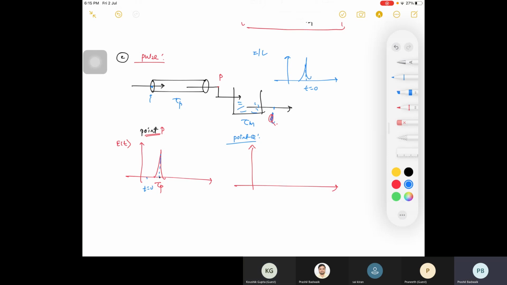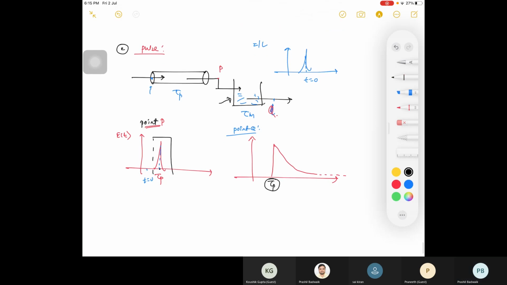Not after tau M. Exactly, this profile is going inside, right? This profile is entering your CSTR. That is what I'm writing: directly you are giving impulse input to your CSTR, right? Impulse injection. So at time tau P only you will get this profile, the exponential decay, at time tau P. So this is your ET curve, or I'm writing ET final, ETF, and this is your actual ET curve.